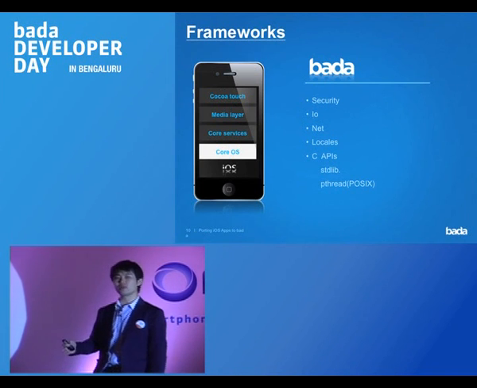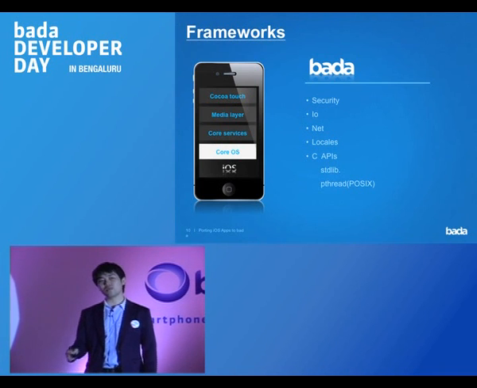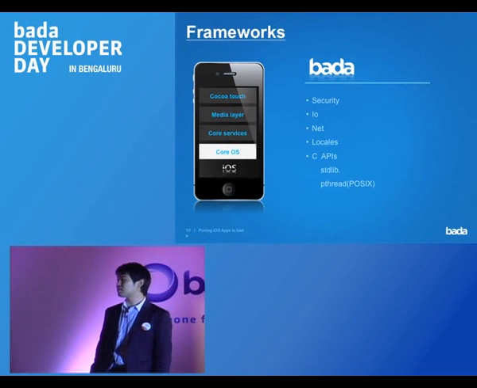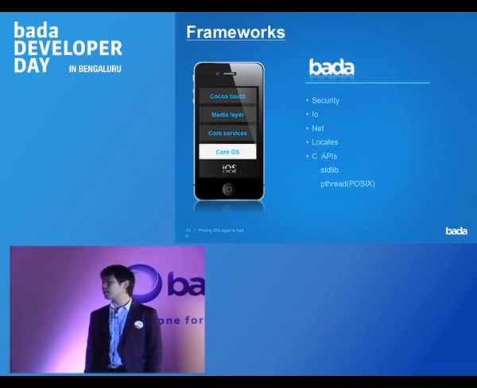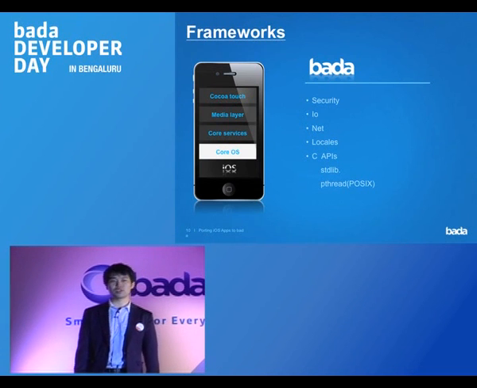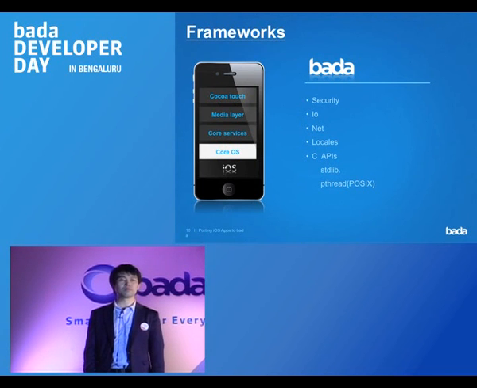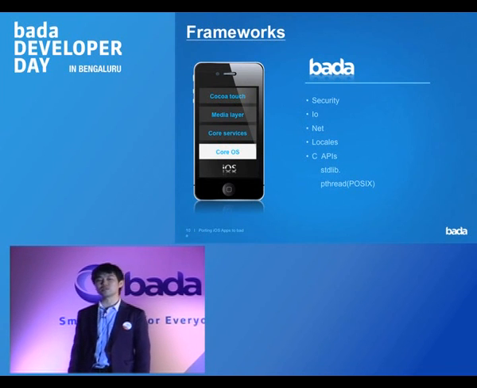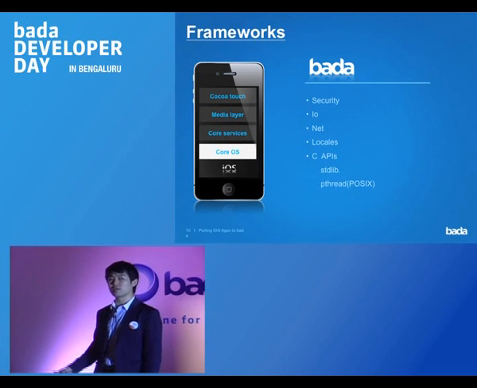It could be handled by the locale namespaces and the C APIs. We provide standard C and C++ APIs, and we also provide pthread from bada 2.0. I mention pthread because some application developers wanted to use the POSIX thread. So you can use pthread